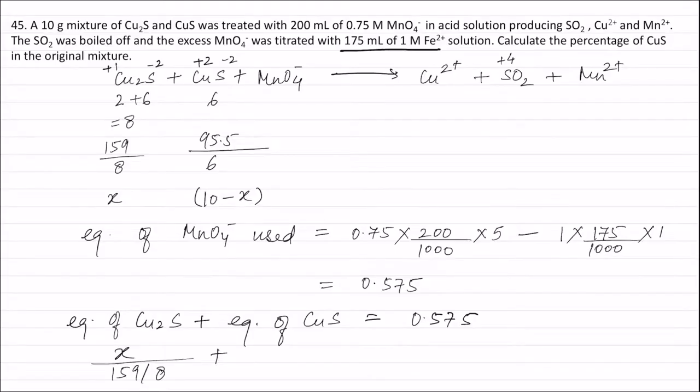Equivalents of CuS will be equal to weight of CuS, that is 10 minus x gram, divided by equivalent weight of CuS, that is 95.5 by 6, and this is equal to 0.575. Solving this equation, the value for x is equal to